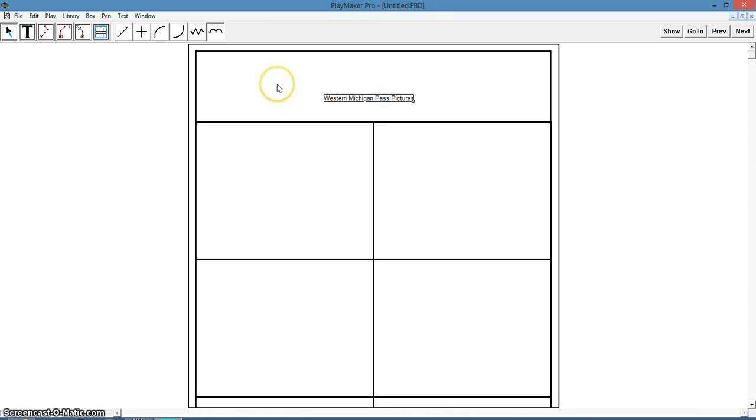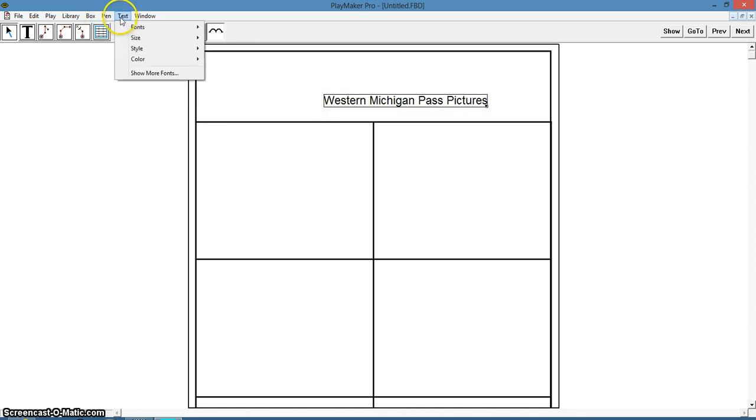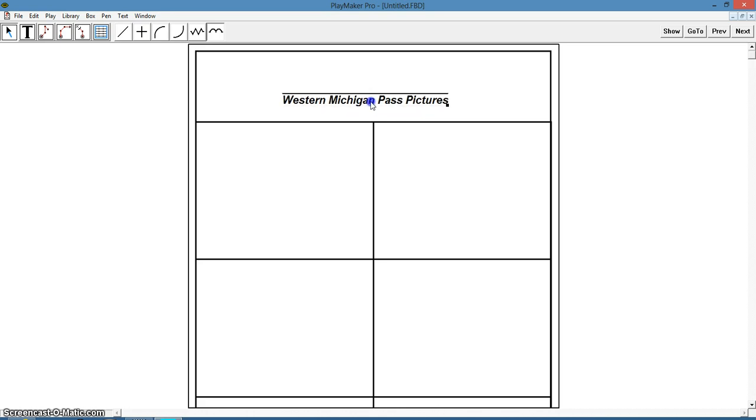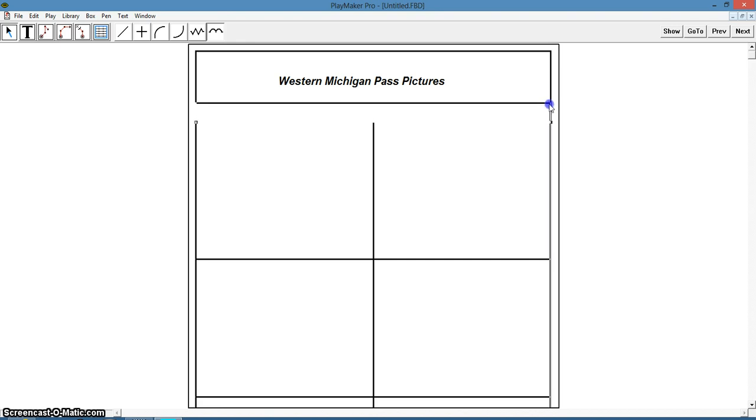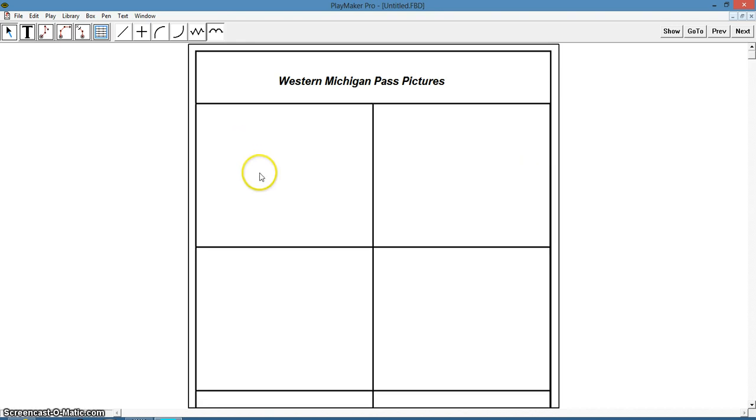But that's obviously a big box and little text, so you can edit your text. I'm going to make it 20, bold and italics. Again, bumping up the size, you might have to re-center it. And what I also might do is make the boxes a little bit bigger. Alright, so from there